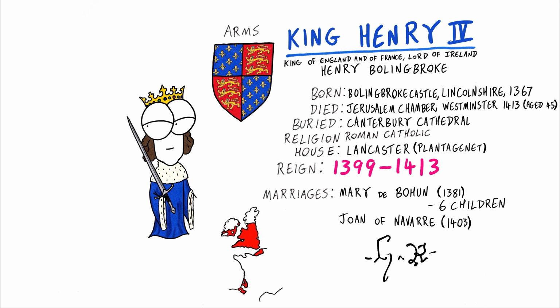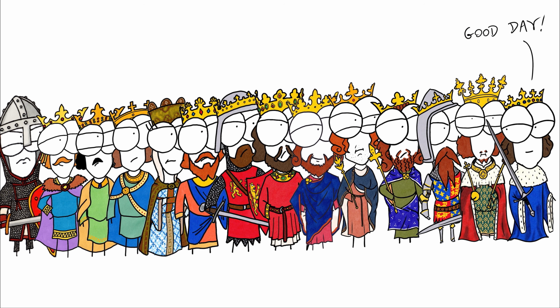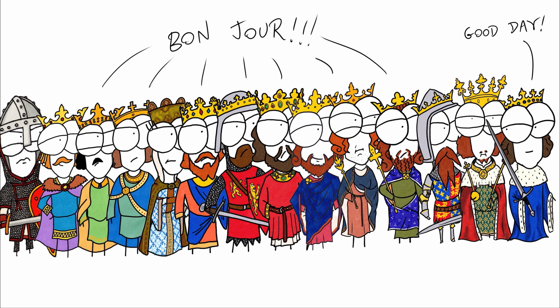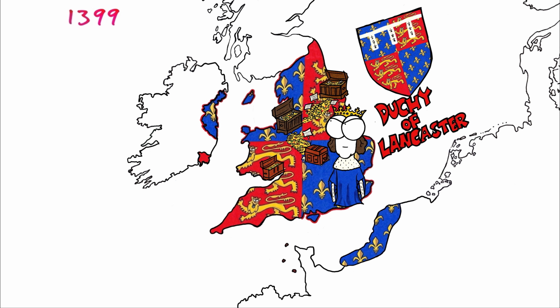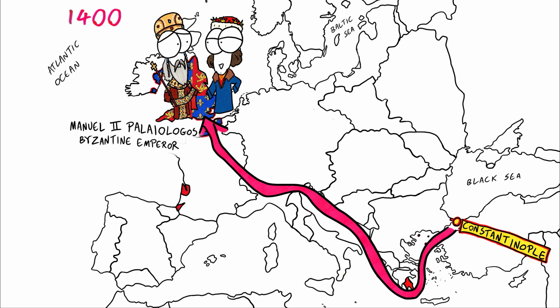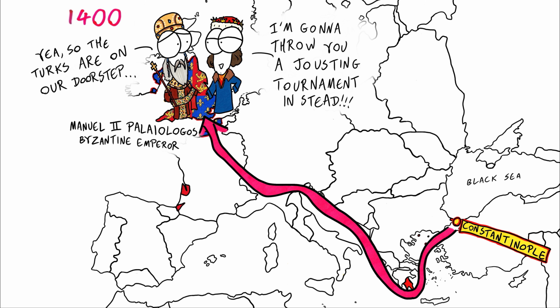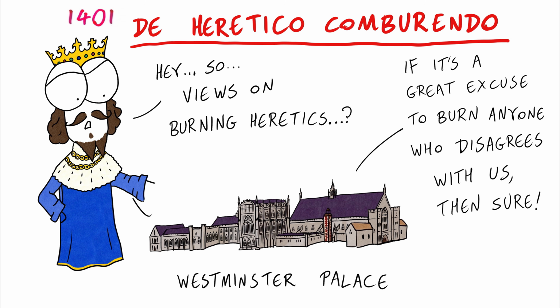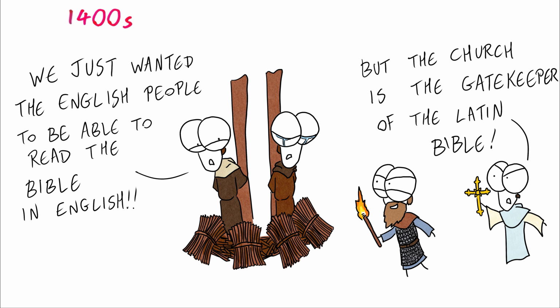Henry IV was the first king of England since the Norman invasion whose first language was English. All the Norman kings of England up until that point had French as their first language. Henry bound the Duchy of Lancaster to the crown itself, becoming a lucrative income for the crown to this day. I see you, Charlie. The Byzantine Emperor Manuel Palaiologos was hosted by Henry for a time, looking for aid for the fading empire, the only Byzantine emperor to visit England. Henry consulted Parliament on the burning of religious heretics, which he proceeded to do.